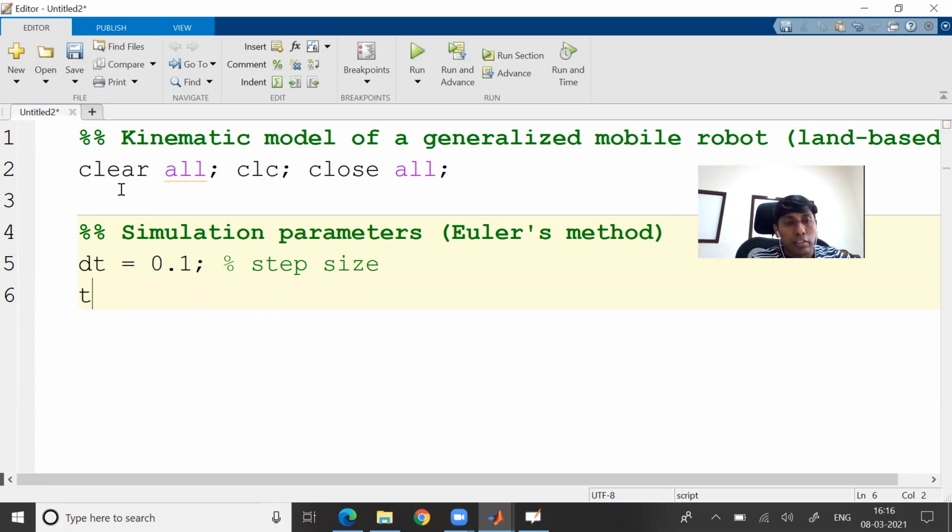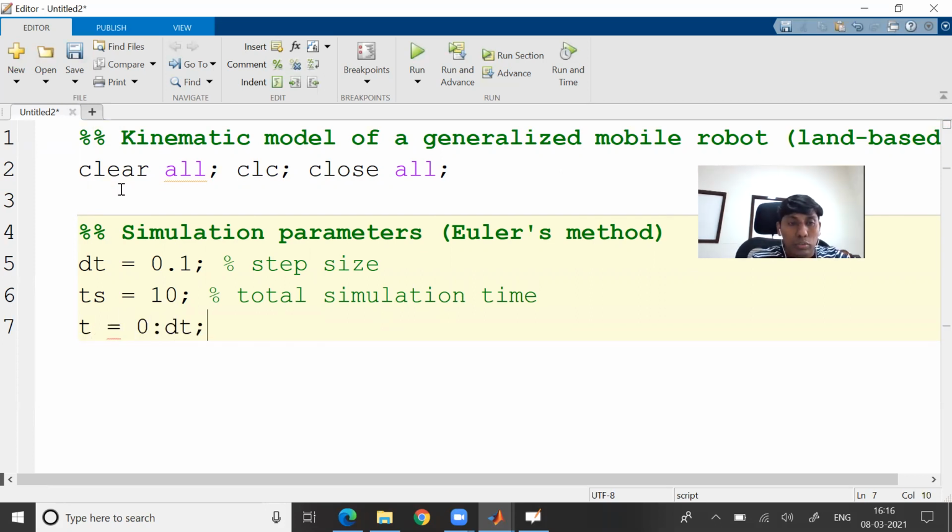You need the total simulation time, which I'm writing as TS, and I'm giving it 10 seconds. This is total simulation time. You would have seen all this in the last semester, but I want to write it because a few of you are new. So now I'm giving T as the time span. The time starts from 0 and ends at the maximum total simulation time,